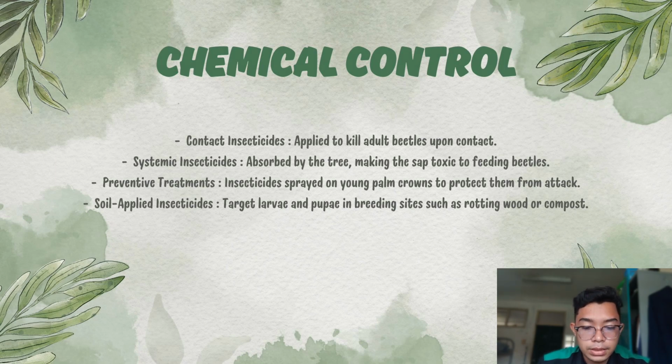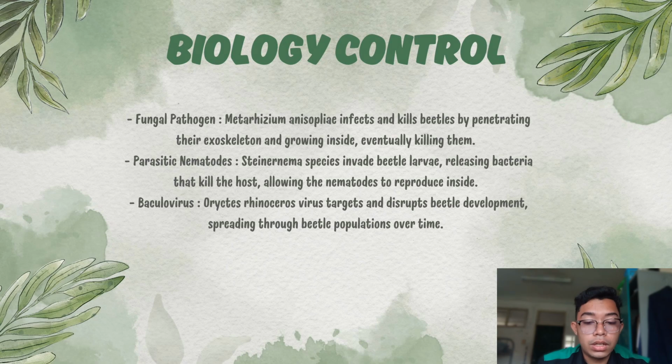Preventive treatments. Insecticide is sprayed on young palm crowns to protect them from attack. Soil-applied insecticide targets larvae and pupae in breeding sites such as rotting wood or compost. Biological control. Fungal pathogens. Metarhizium and Beauveria infect and kill beetles by penetrating their exoskeleton and growing inside, eventually killing